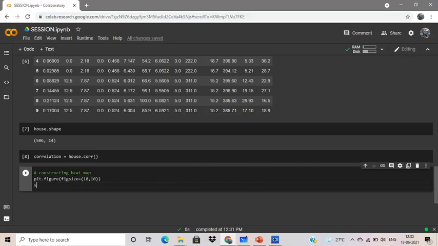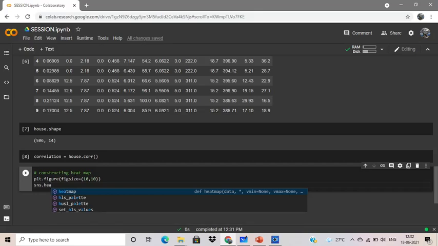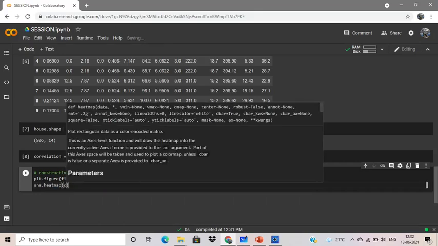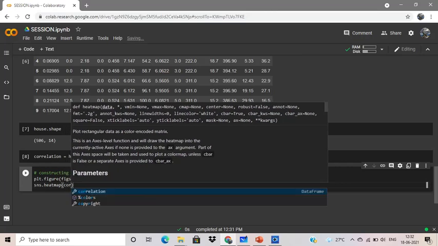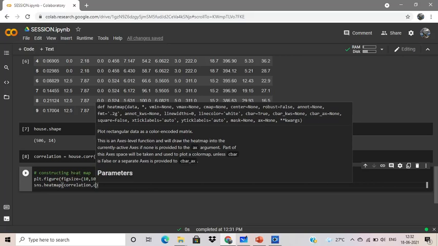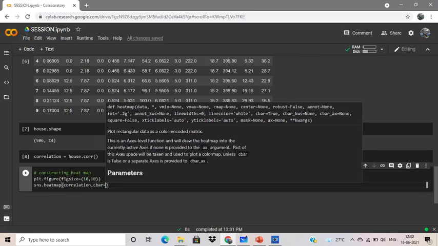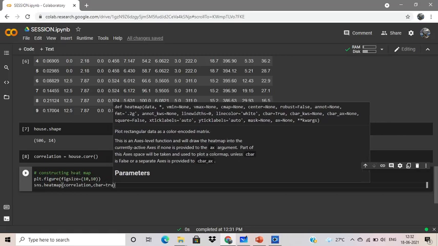So now I will call the heat map. You have to keep in mind the syntax, otherwise you will get an error. First of all we have to call this variable correlation, and always keep in mind the commas, otherwise you will get an error. cbar is equal to true, we want a color bar in our heat map, so we will keep it true.